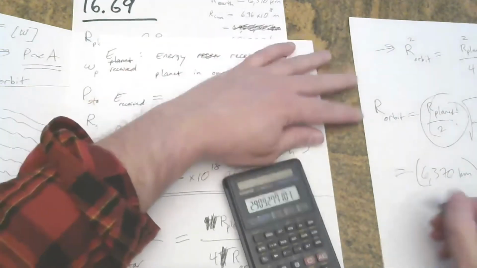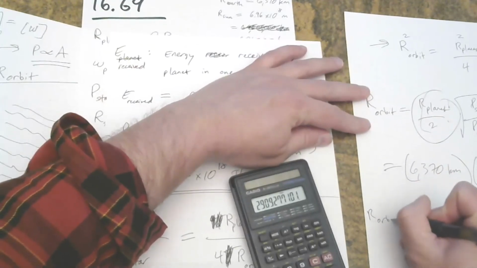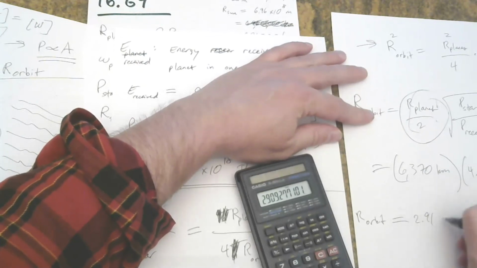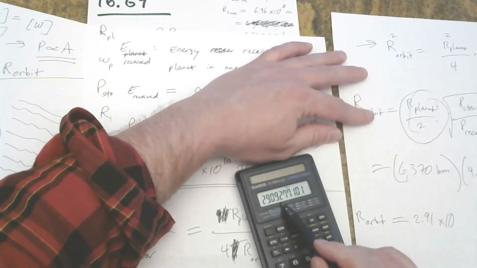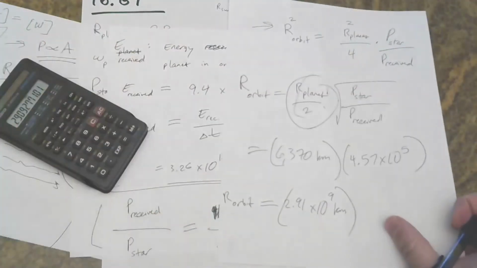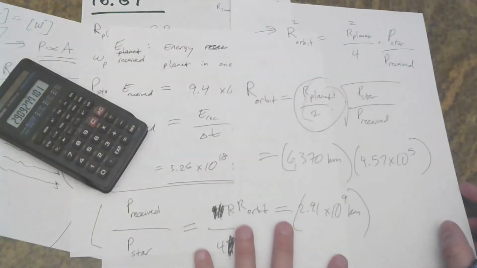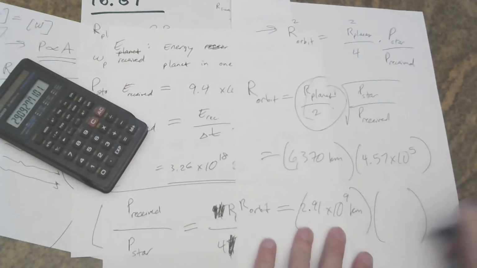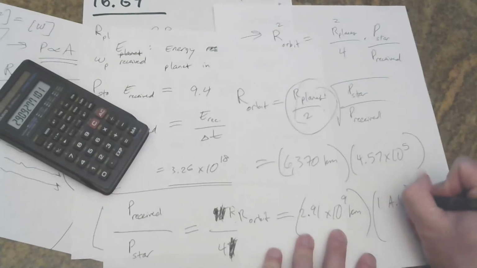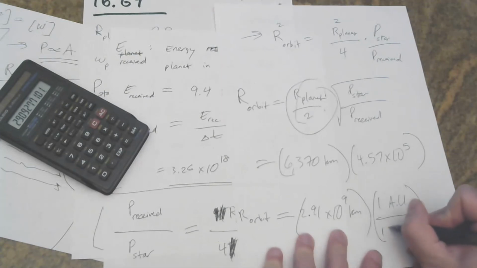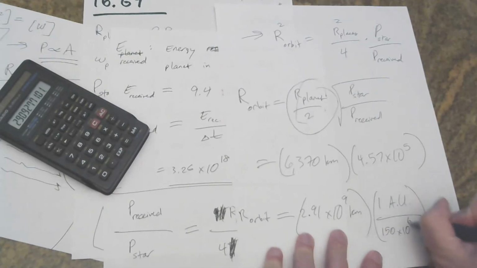So all told, we find that the radius of the orbit is 2.91 times 10 to the 9th kilometers. And then let me convert that into astronomical units. This is something you would have to look up. I've seen this number so many times, I have it also memorized. One astronomical unit is around 150 million kilometers. So 150 million